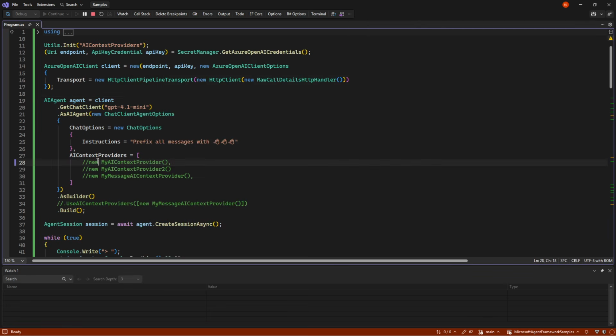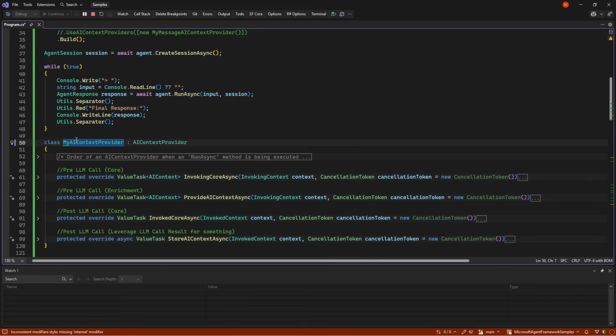So now let's put in our AI context provider. An AI context provider is just a class that inherits from AI context provider.